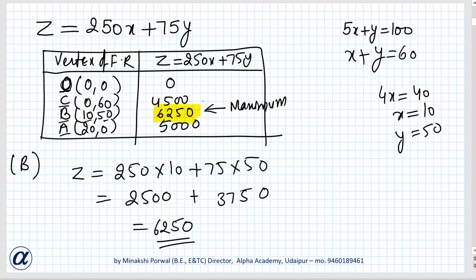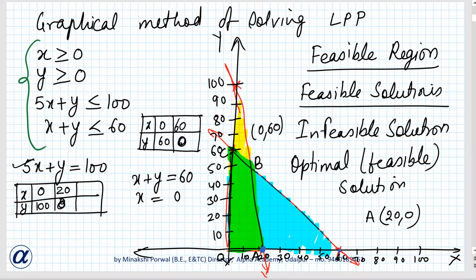Okay. Now actually there are two cases that arise here. One case is when we plot all these constraints, we get a region which is bounded everywhere, एक closed region मिल जाए. या फिर it becomes unbounded. Okay. So here the unbounded region is omitted. So linear programming was already easy and it became even easier when unbounded problems are omitted.